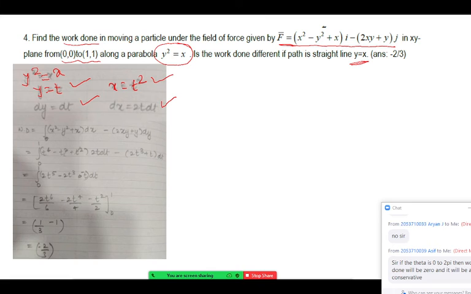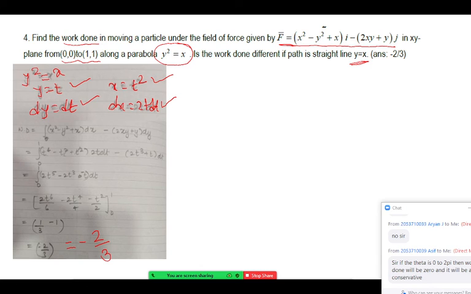Good. So these values we have, and we can use these values in the work done formula. Work done is F1 dx plus F2 dy. Okay. So F1 is here. F2 has the minus sign, so it is taken as it is there. Minus 2xy plus y dy. Now these x and y values we replace there. Everything we replace, simplify, and you will observe algebraic integration we have to do, and we get the work done as minus 2 by 3. So minus 2 by 3 is the work done for the parabola.